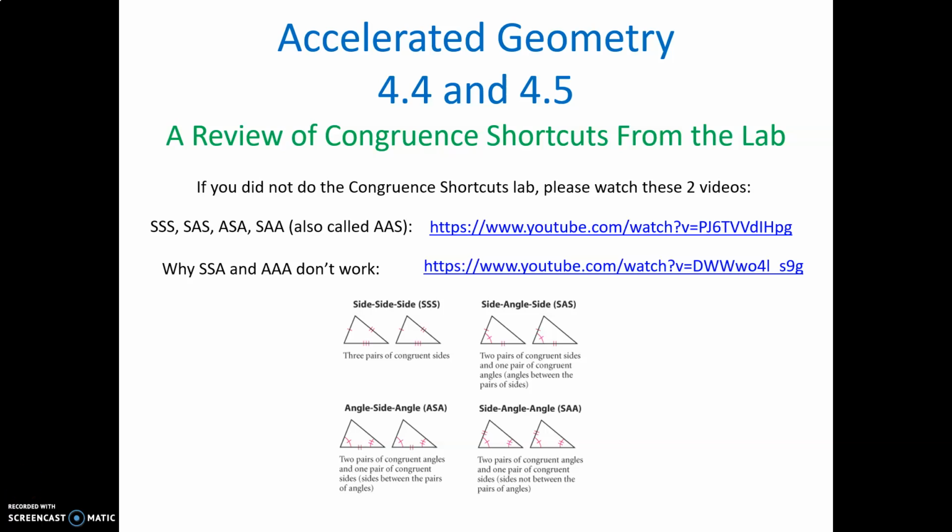This is accelerated geometry combining sections 4.4 and 4.5. If we had been in school, the class before this, we would have gone to the computer lab and you would have done a Sketchpad lab to determine what the shortcuts are for showing congruence in triangles. So we may have done that. If we did not go to the lab,